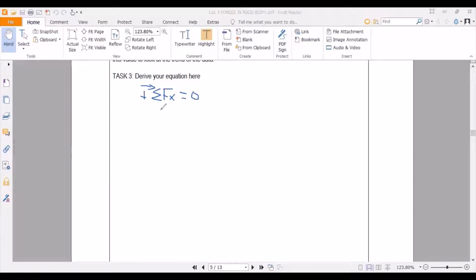Based on the FBD, we have F friction to the right, which is positive, and then B, which is opposite, meaning to the left side, so equal to